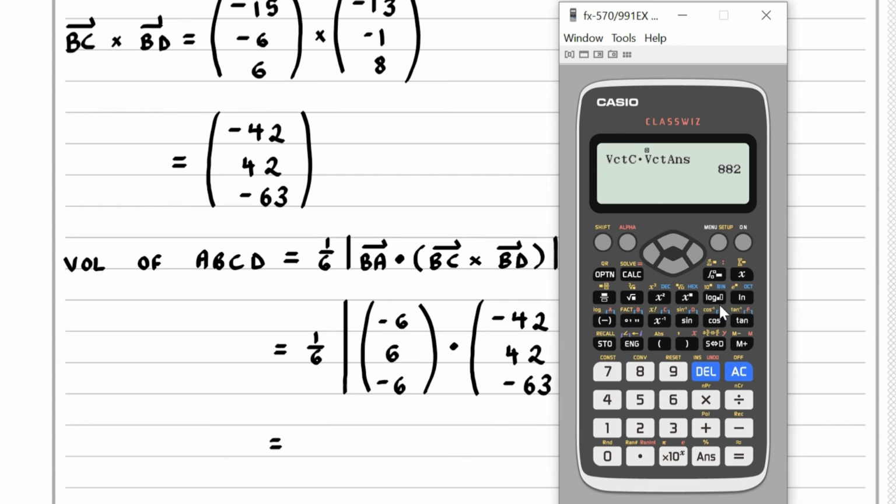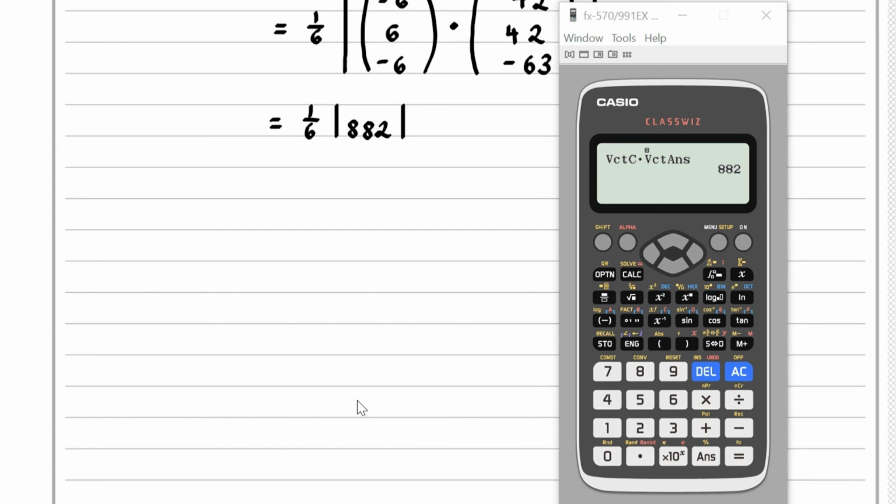So we have a value of 1/6 of 882, and if I divide this by 6, I end up with 147 units cubed,